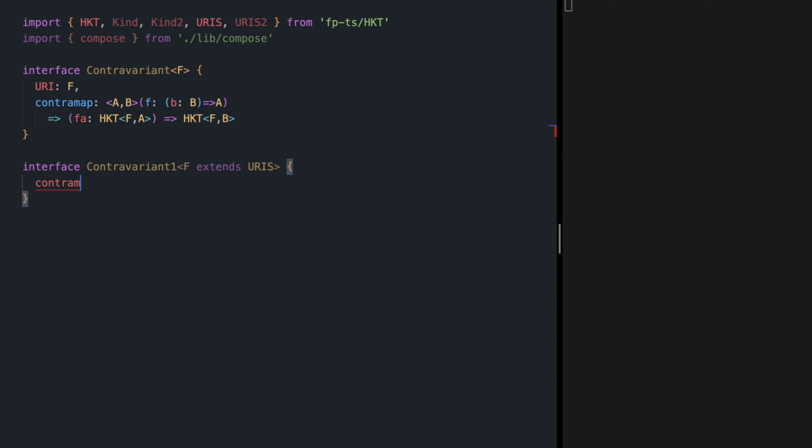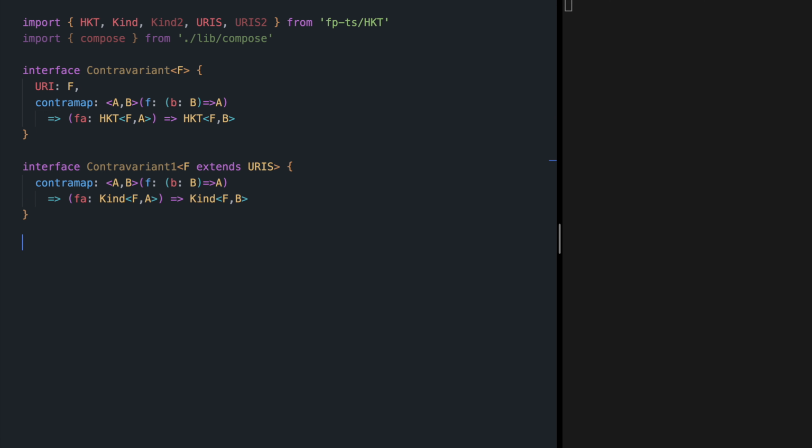The contramap is similar to before, except we're going to replace HKT with Kind. So, FA, instead of HKT, we say Kind, and it returns Kind FB.